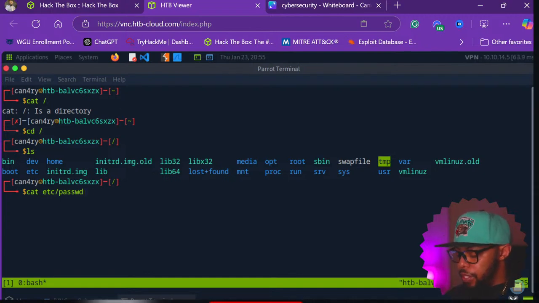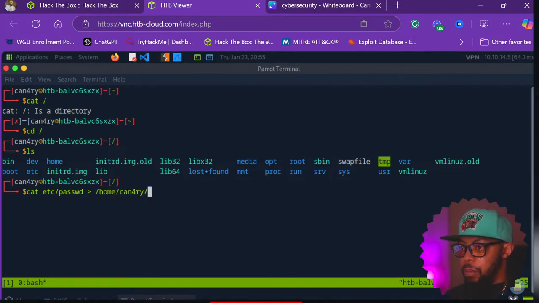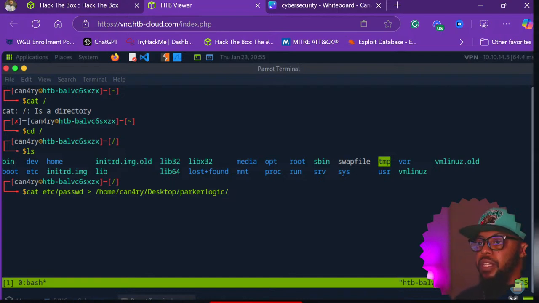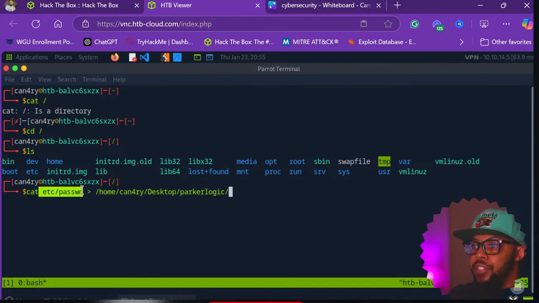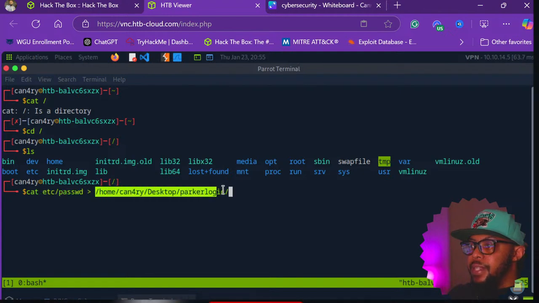Then we're going to save, and we're going to go to slash home, and then the name of our person, and then it was in desktop, I believe, and then Parker. What this is doing is we're saying, hey, I want you to print out what is inside of the password area, and then I want it to save to this